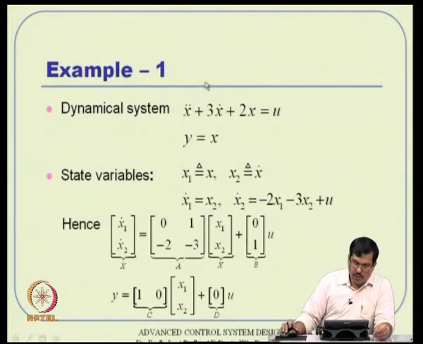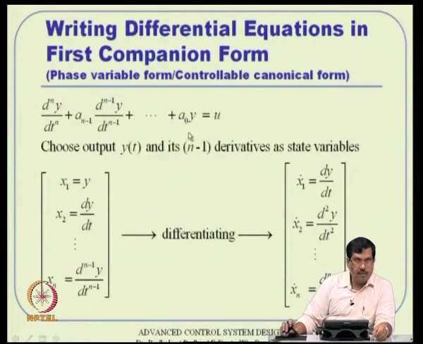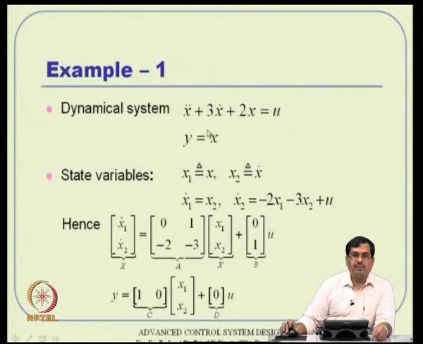So, let us start with a simple equation which corresponds to the example that we just discussed. Okay. So, this particular example will be something like this: x double dot plus 3x dot plus 2x equal to u, and I will simply take y equal to x. Okay. In that sense, again going back to the phase variable form, what will I define? I will define x1 equal to x and x2 equal to x dot. I will do it in the reverse way.